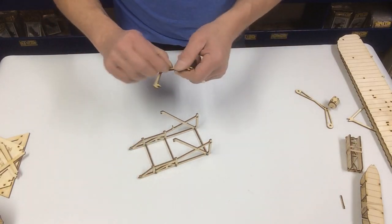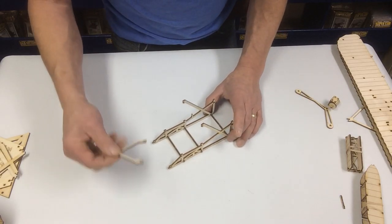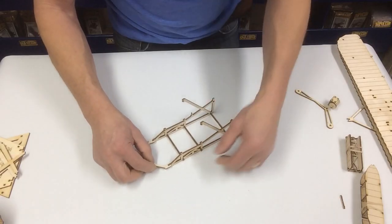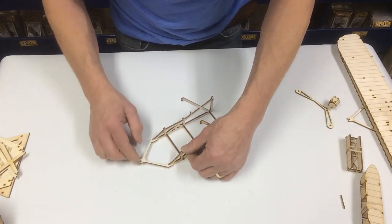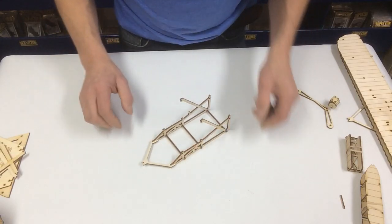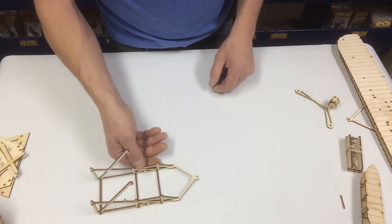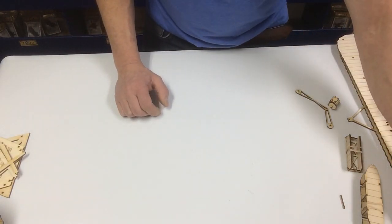Okay, then we're going to bring in F4. Again, I'm going to put the smoky side down. Really doesn't matter. The part is reversible, so whether it's up or down, it's up to you. Okay, we're going to let that glue up a little bit. So I'm going to set it aside, and we're going to bring in the wings